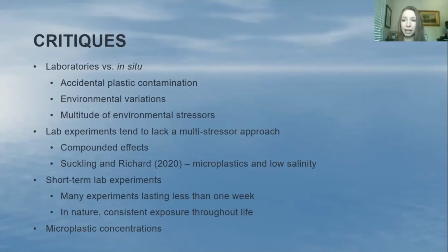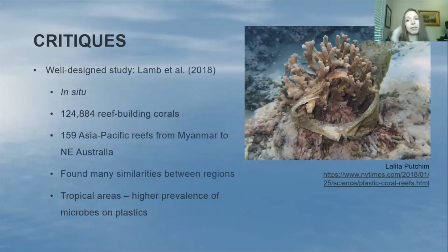It probably would be less pronounced if there was, but you can see, like, sometimes it is worth doing those kinds of studies. One really well-designed study I just want to point out is this Lam et al. 2018 study. So it was out in Nature. It covered